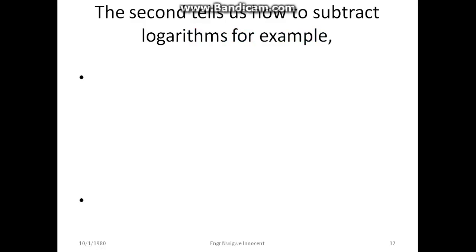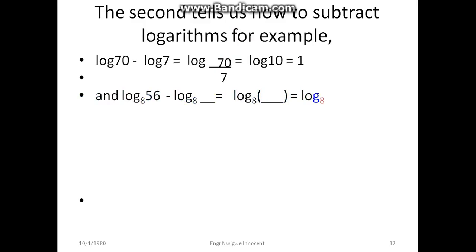The second tells us how to subtract logarithms. For example, log 70 minus log 7 is equal to log 70 over 7, which is equal to log 10, which is equal to 1. And log 56 to the base 8 minus log 7 over 8 to the base 8 is equal to log, since